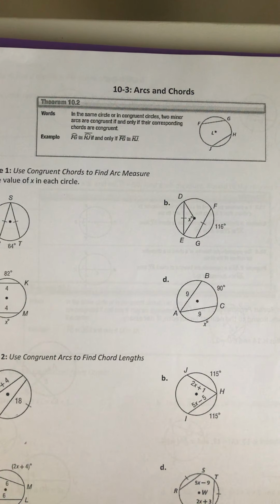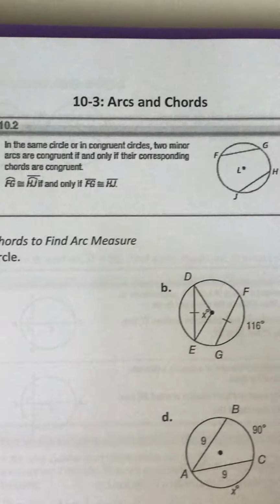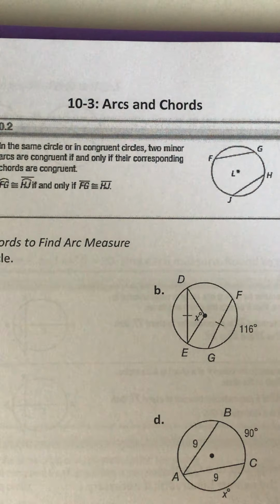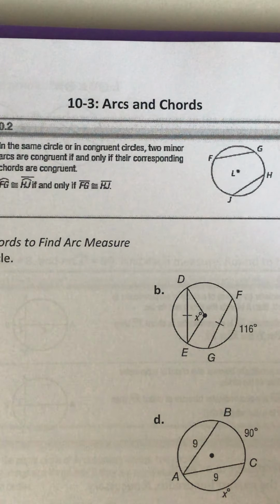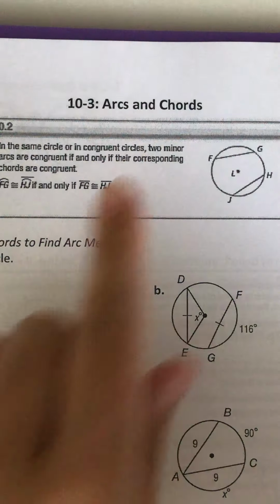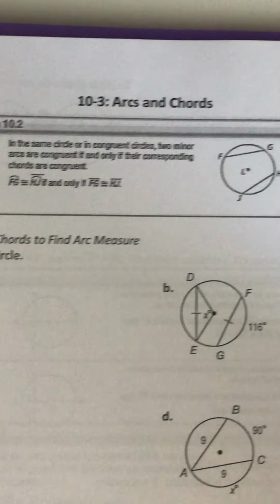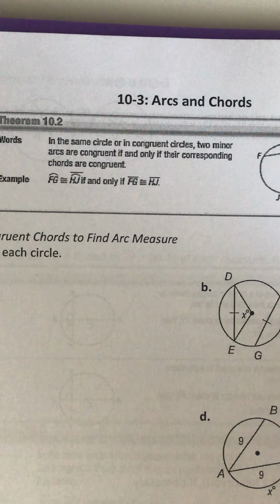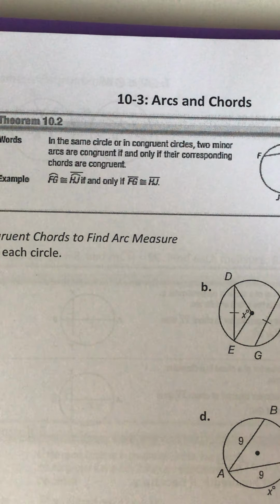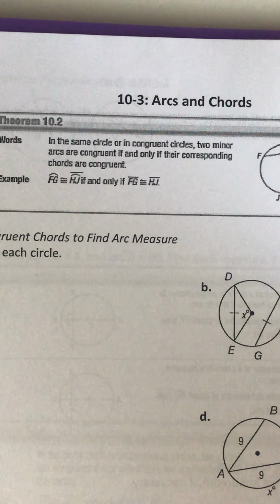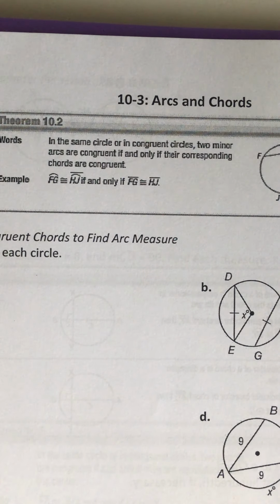Okay, so today we're going to do 11-3, which is arcs and chords. So our first theorem says in the same circle or in congruent circles, two minor arcs, minor means they're less than 180 degrees, are congruent if and only if their corresponding chords are congruent. So what that means,